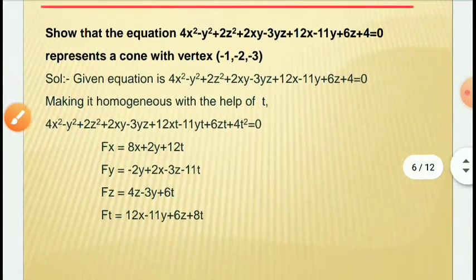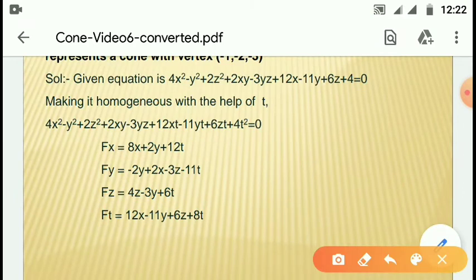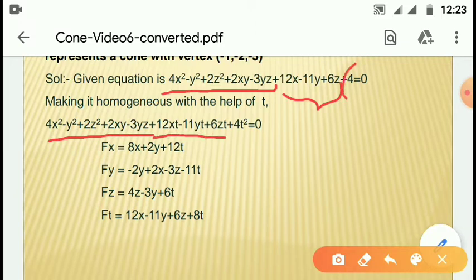How can you write it? All the terms up to this term are of second degree, so we can write them as usual. The degree of these three terms is 1. Therefore to convert those terms into second degree terms, just take t like this. And this is a constant and hence its degree is 0. To make it a second degree term, take t square. What is t here?